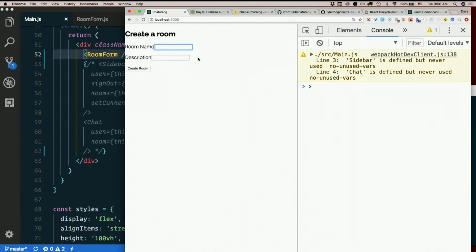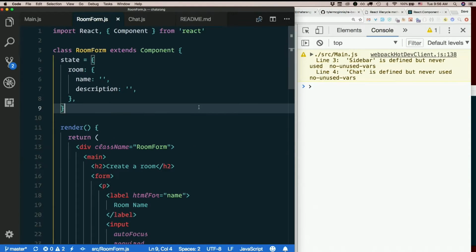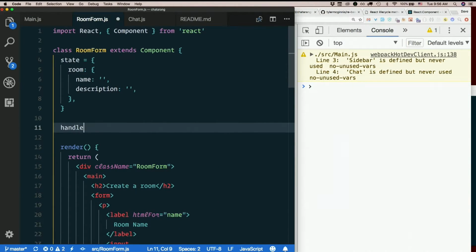There it is. Now what do you expect to happen right now? I can't type in these, right? Because they're controlled components. Because I set value on them, they are bound to the state, but the state's never changing. So this is what we expect to happen. You can't type in the forms until you do what? The onChange stuff, right? So the way we've done that before, handleChange